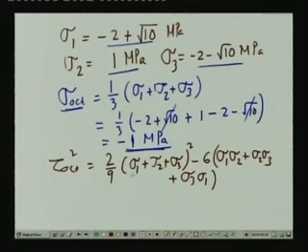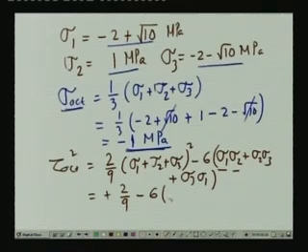Now, here sigma 1 plus sigma 2 plus sigma 3 we have computed as minus 1. So, this is 2 by 9 times minus 1 square, minus 6 of, we can substitute the values of sigma 1, sigma 2, sigma 3, and this gives you